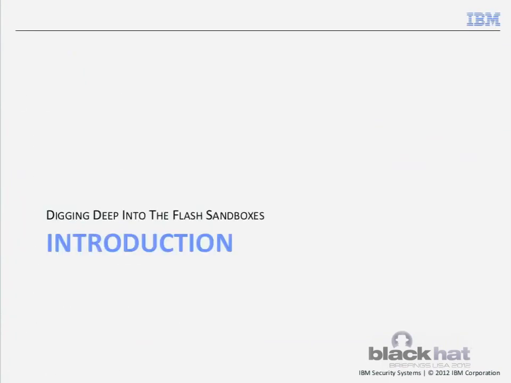In Black Hat last year, we gave a talk about Adobe's Reader X Sandbox, and in that talk we discussed the sandbox internals, its limitations and weaknesses, and possible avenues for sandbox escape. This year we focused our sights on Flash sandboxes, and this time we had 3 different sandbox implementations to play with. When we started this research, we asked ourselves, as we did last year, some questions, and those questions are: